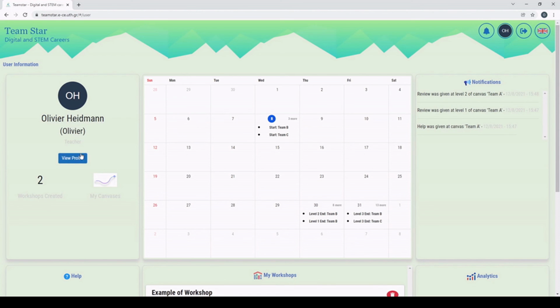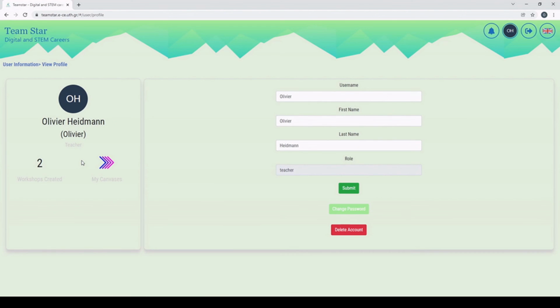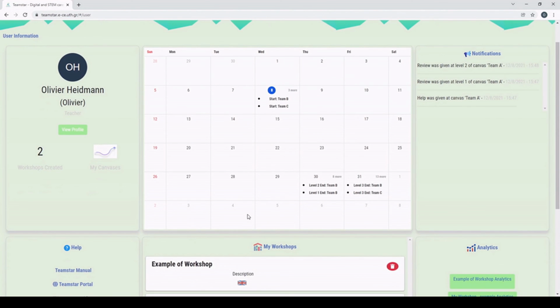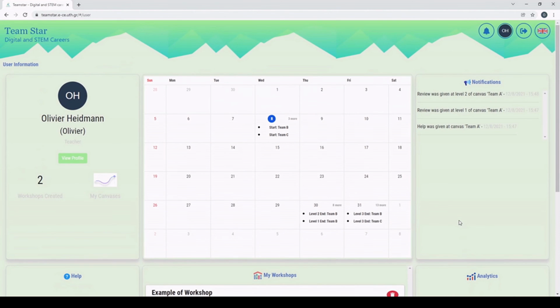And I can here view my profile and change my username. I can also change my password using the OTP one-time password we saw before. I can also see a list of my actual workshops and the analytics we saw before.